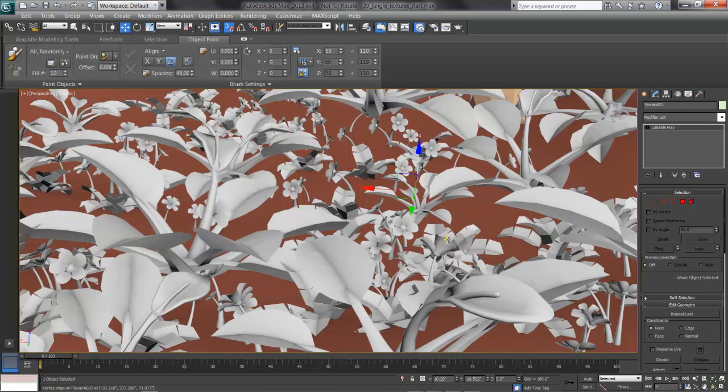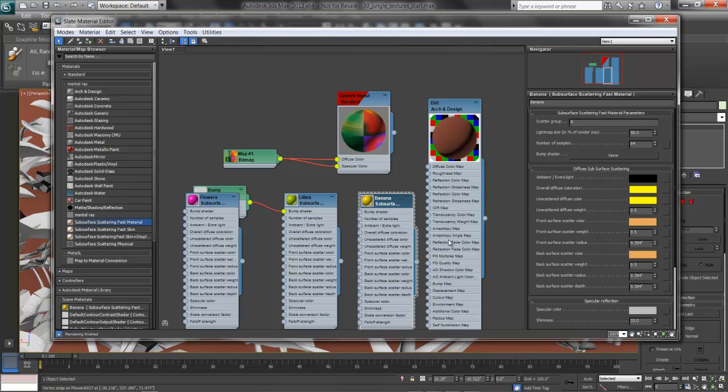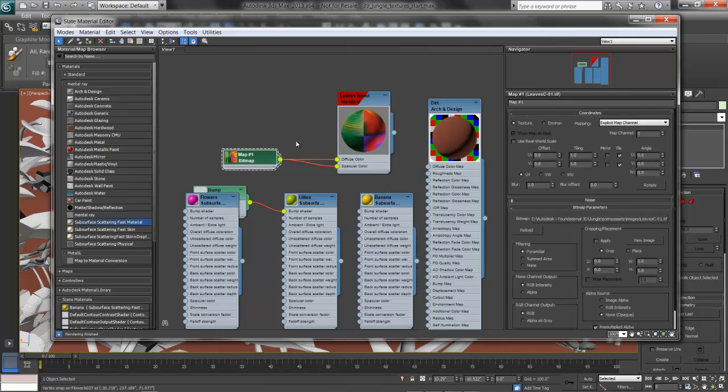What I'll do, though, is press M to pull up my material editor, and I'm going to reassign this map I've already got into these plants. What I've done here, and I'll double-click on Map 1 to select it and show it, is to create one image that's used for all the different plants. Over here in the bitmap parameters on the right, I'll click on View Image, and there's a preview of this